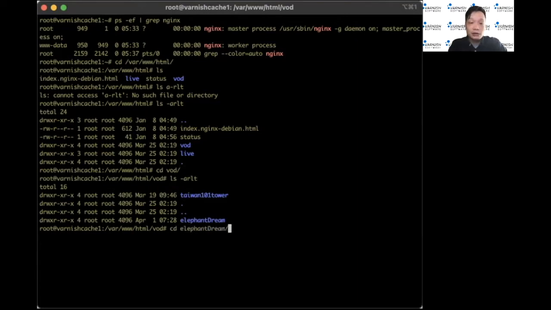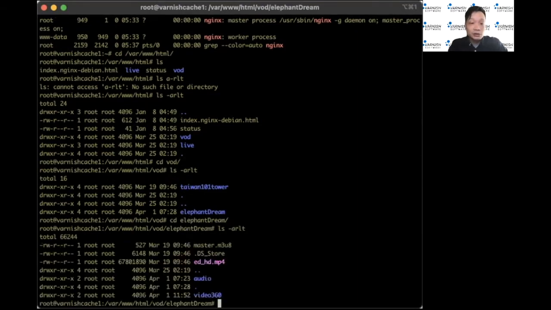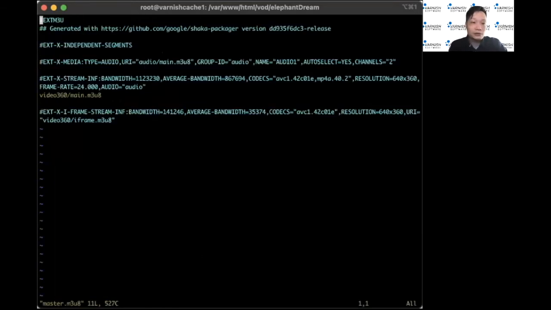So let's check on the Elephant Dreams. It is packaged like this. I have the master file and then two subfolders, one is audio and one is video. Let's check on the master file. It's pretty simple. It describes the content, the segments, and the audio, where to find the audio, and then the audio name and the channel, some metadata.